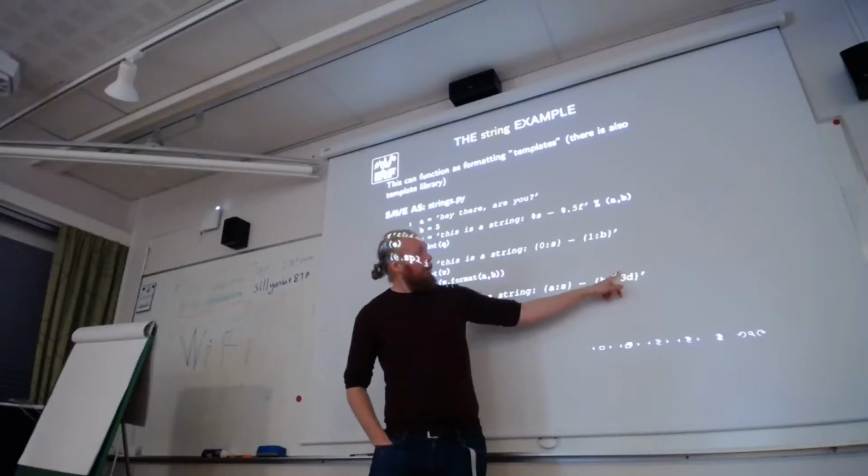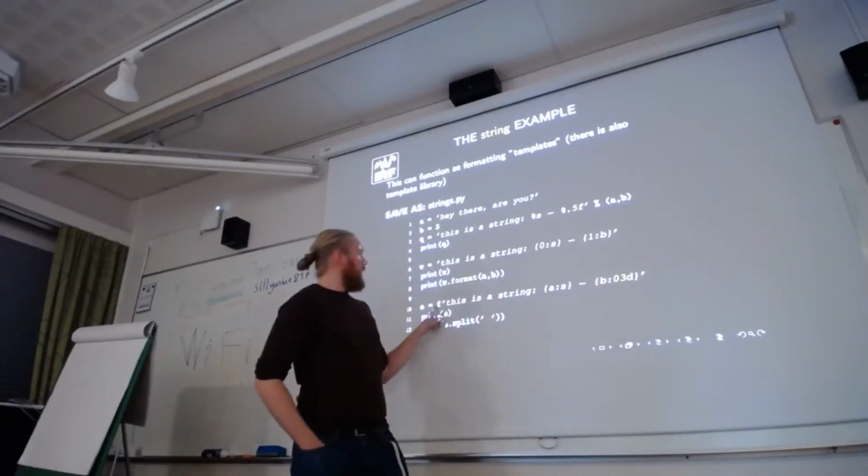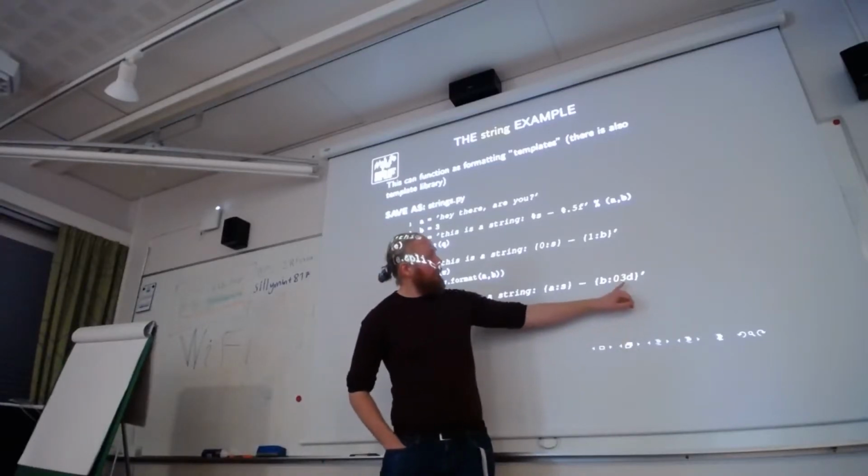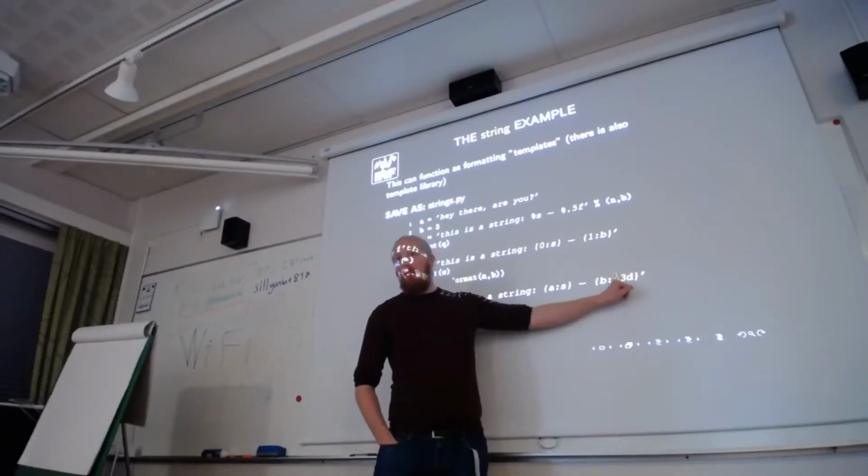Is that one only Python 3.5? Yeah, but you can write this with this one if you want to do the example too. So do dot format instead of f. It works. So any guesses what this 03 does